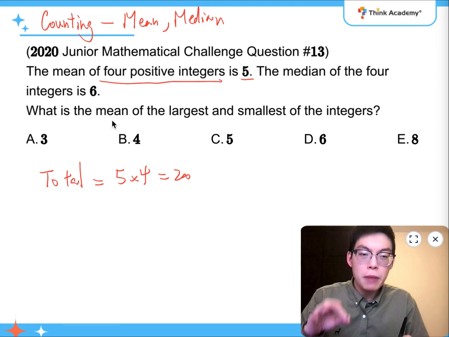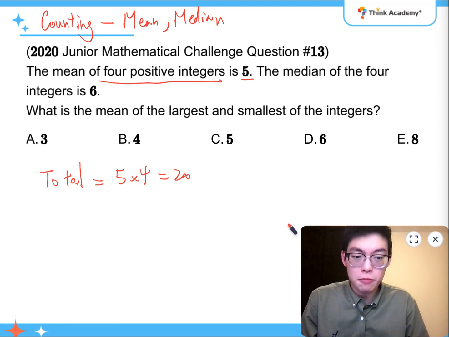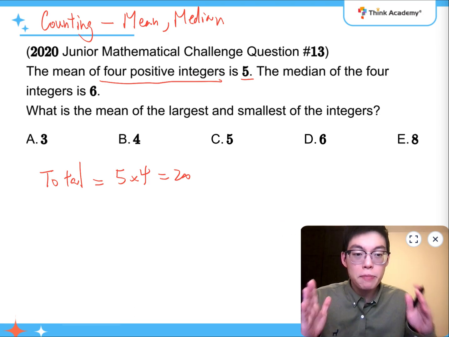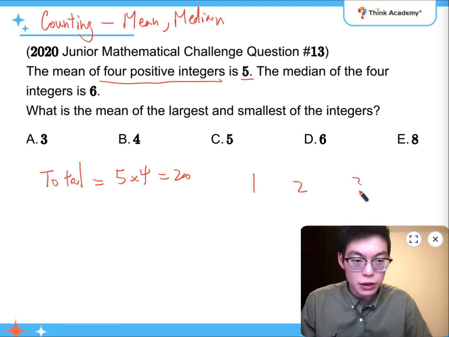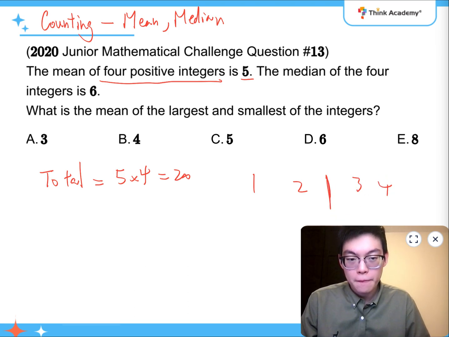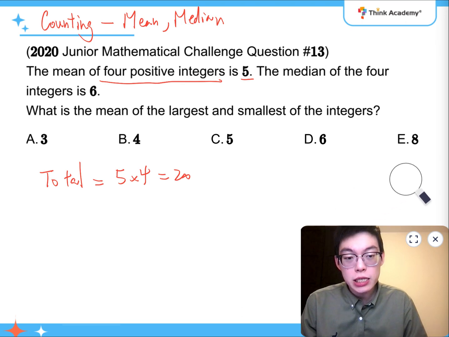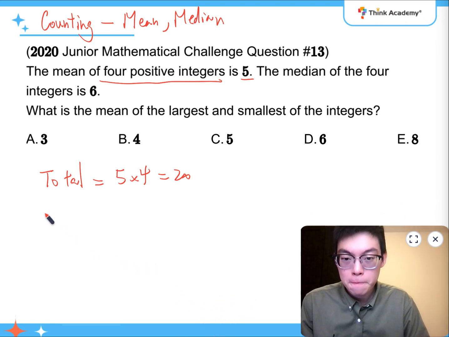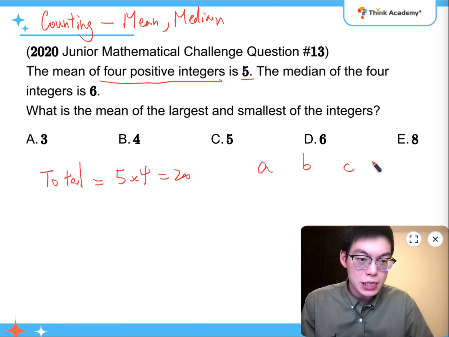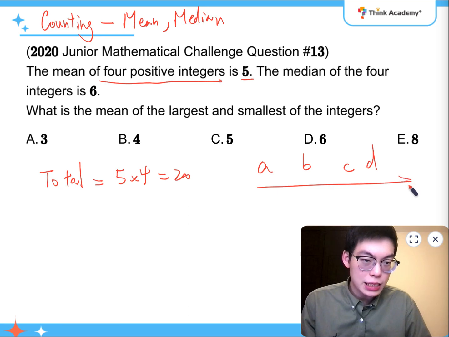So what does it mean by the median of 4 numbers? We know that median means center number, right? But if I have got 4 numbers, 1, 2, 3, 4, I don't have a middle number. So the median is going to be in between the 2 numbers, which means that the median is the average of the middle 2 numbers. Does it make sense? So if I name these 4 numbers A, B, C, and D, going in ascending order,